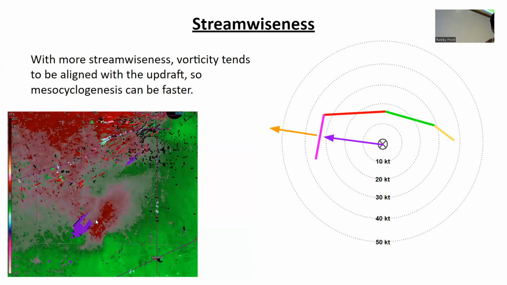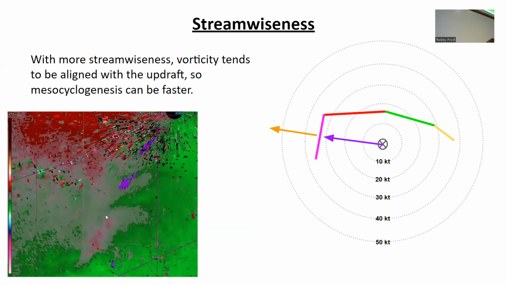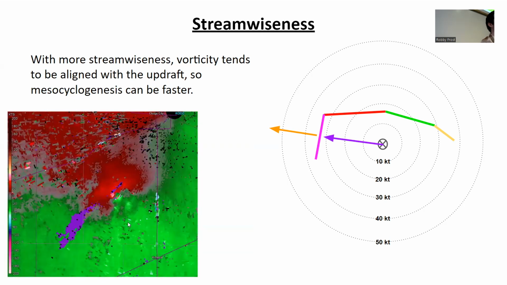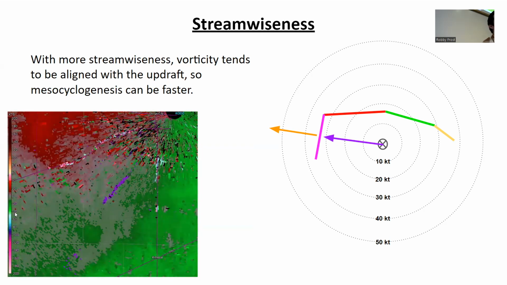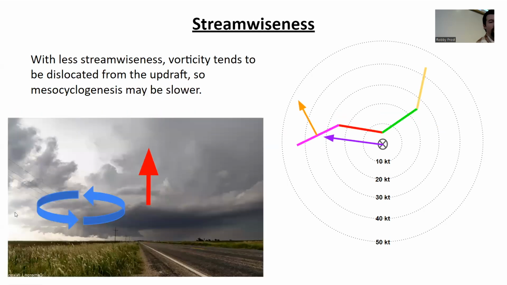And, you know, this is an example of what can come from this, right? You have a storm that immediately goes up, starts rotating, and just produces a couple tornadoes. You know, this isn't going to happen every time, but the more streamwise you are, the quicker this process can happen. Whereas when we have more crosswise vorticity, when we're less streamwise, this vorticity tends to be dislocated